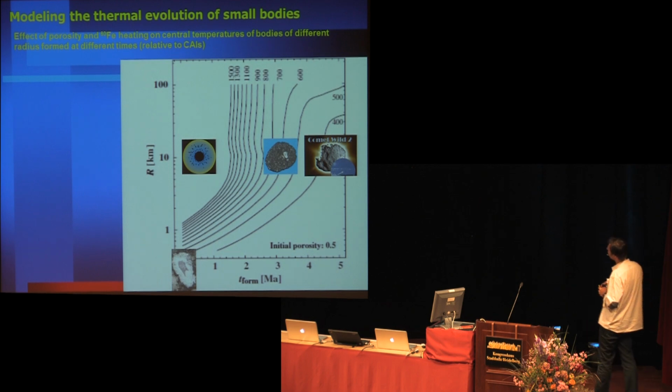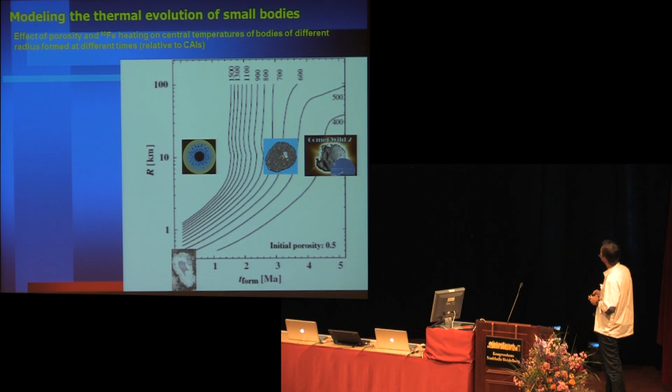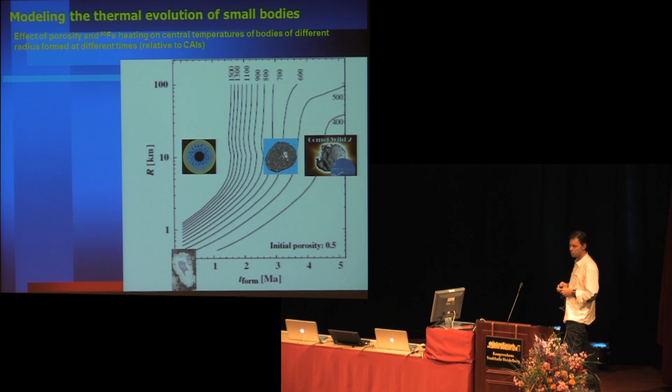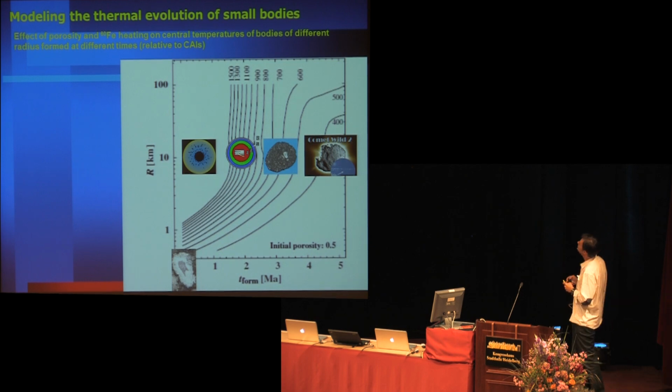Okay, they contain some water which was not taken into account in these modelings. But we know from comets that they kept ultra-volatile species like carbon monoxide, carbon dioxide. So the heating effects of comets could not have been strong. But that means, if aluminum-26 was distributed homogeneously in the early solar system, then you have to wait a significant time until you can make large comets. All the cometary parent bodies were generally small, which is certainly not the case for all comets. Okay, then we have a kind of parent body which is in between here.